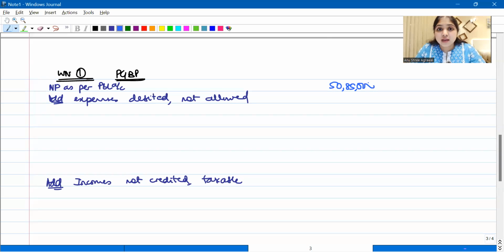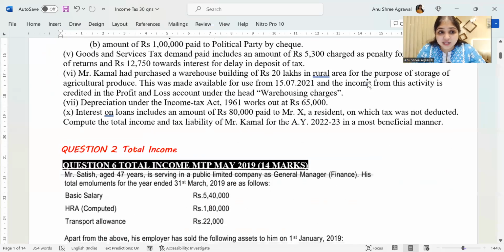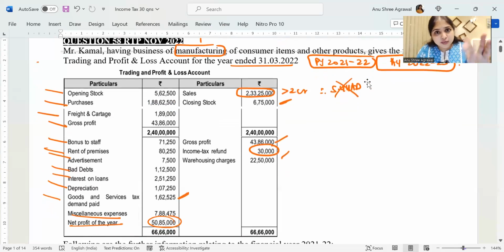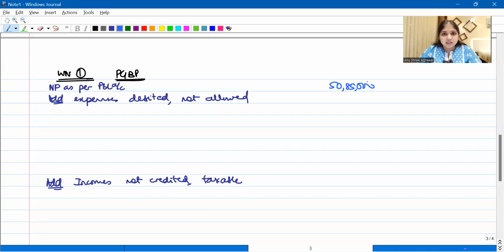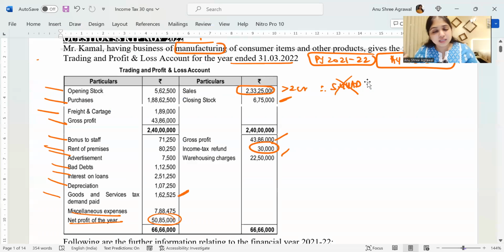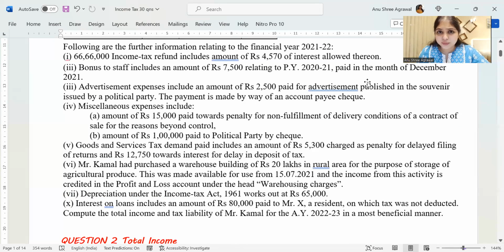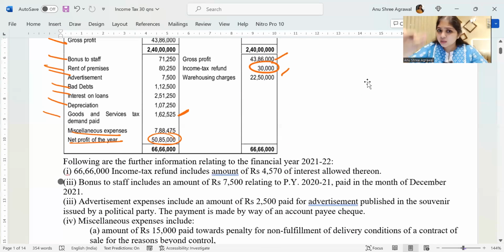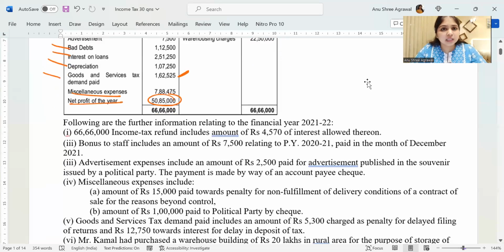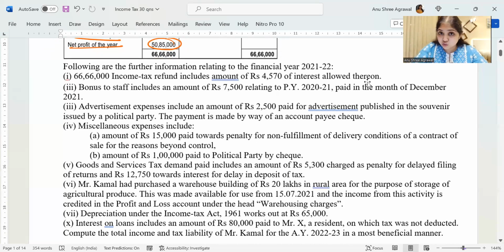Did you notice, guys? I did not even spend time reading all the adjustments. I am just going through the question. As I go through the question, I'm going to keep making the necessary adjustments here and there. I am doing the thinking with you, just like how I will do the thinking in the examination also. In the examination, if I spend time reading the whole question, unnecessarily I'm wasting time. Especially when it comes to a total income question, it is not required to read the question fully and then work it out. As you go through the question, you can keep making the necessary adjustments. It is more than sufficient.